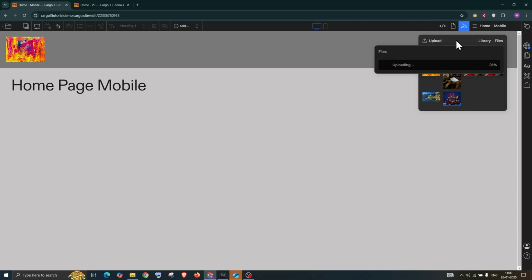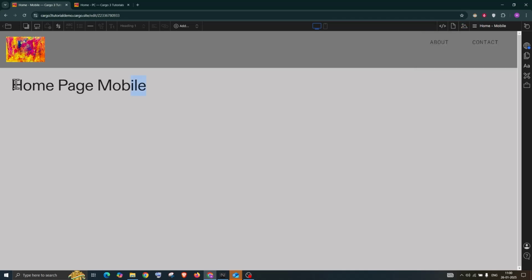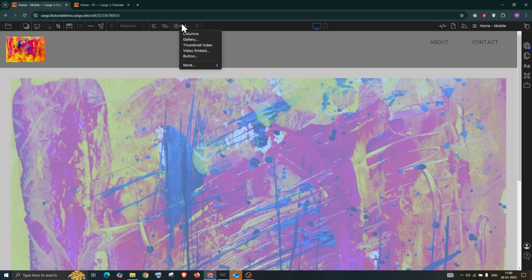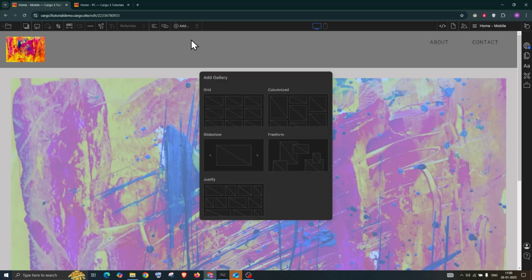So now we have the different images. Now let's talk about adding the images. You can simply add the image here, and then you can add a gallery. Let me just add a layout. So you can have a different gallery layout. Like this one is the grid, and as you can see,